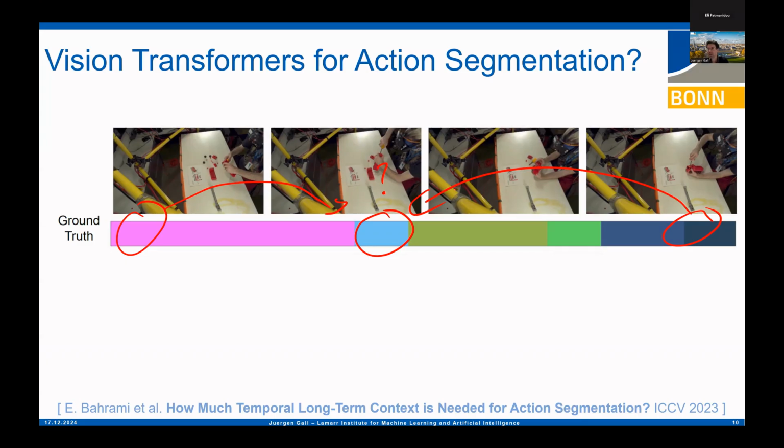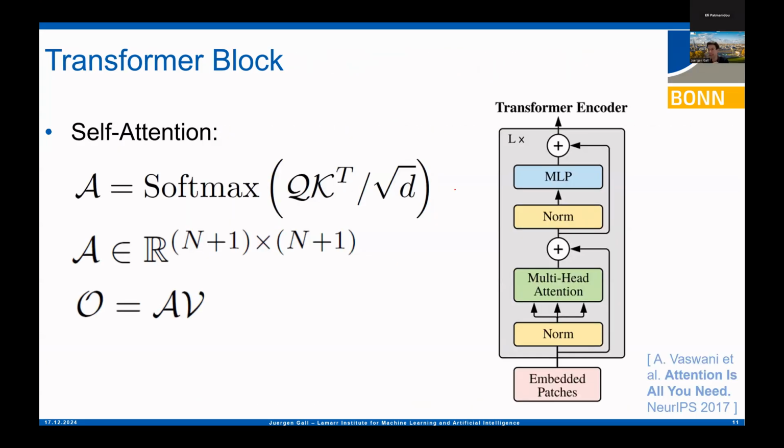However, there's one problem, because if you take a vanilla attention module, in order to compute the attention, you need to compute the so-called self-attention matrix. And technically, the size of this matrix is n+1 times n+1, or n times n. It depends on the number of tokens. And if you think that each frame is a token, we talk about a 30-minute video recorded at 30 frames per second.